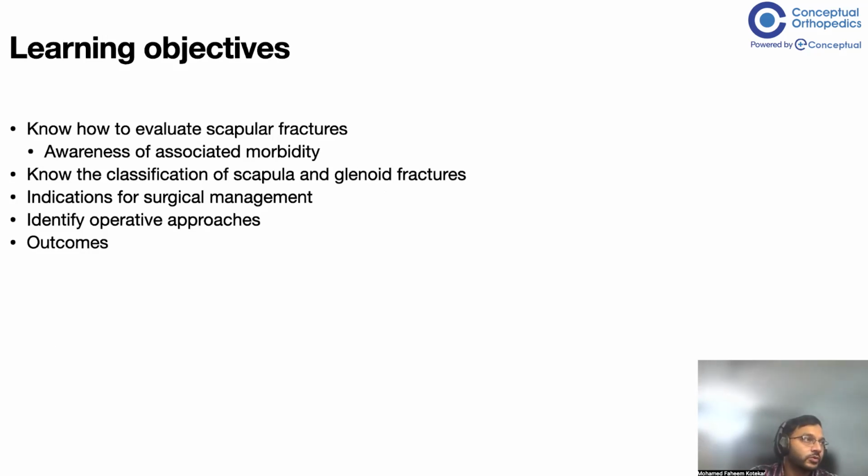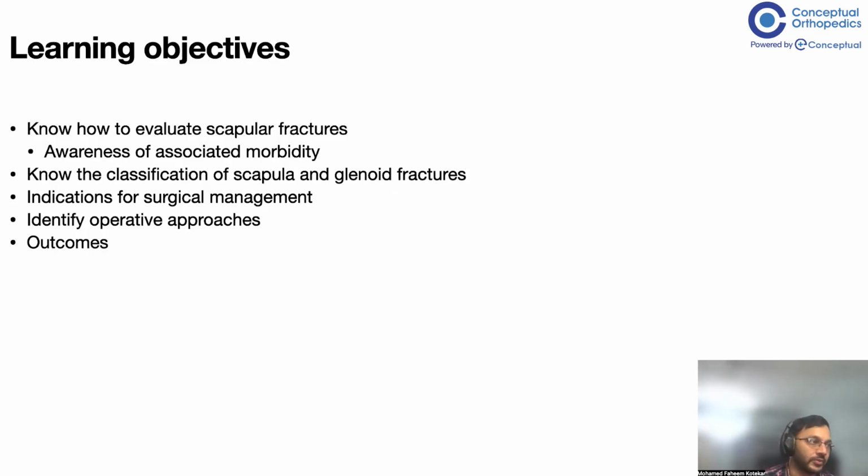So we are going to know how to evaluate scapular fractures, how to classify them, and to know about the associated morbidity, because a lot of them are associated with morbidity, and about 5% of all scapular fractures have associated mortality. Out of all the different classifications, there are a lot of them. You are supposed to know the classifications of the scapula and glenoid fractures,